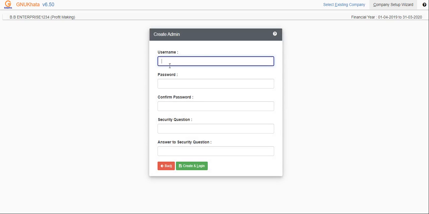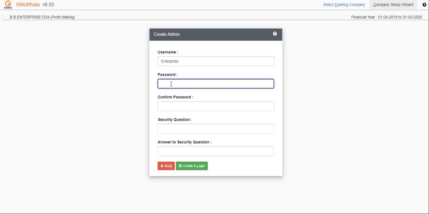After clicking on proceed, you will have to give the username and password for creating the program. As they have said, you will have to create an admin account. So here you are going to create an admin account. Suppose I am giving the username as enterprise, and the password as AA.